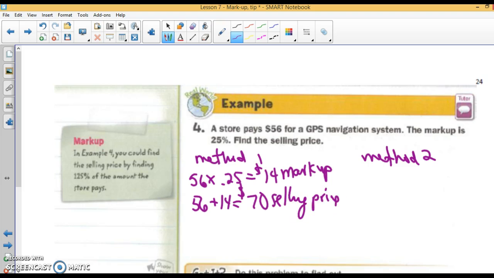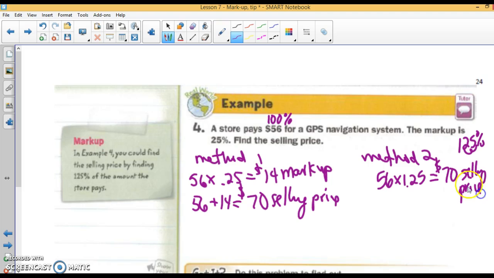Now, if you want to go directly to the selling price, aren't we going to pay 100% of this and 25%? So we're paying 125%. Change that to a decimal, 1.25, and 56 times 1.25 takes you directly to the selling price. Now, again, if I ask you for the selling price, you can use method 2 or method 1. But if I ask you to find the markup, you need to use